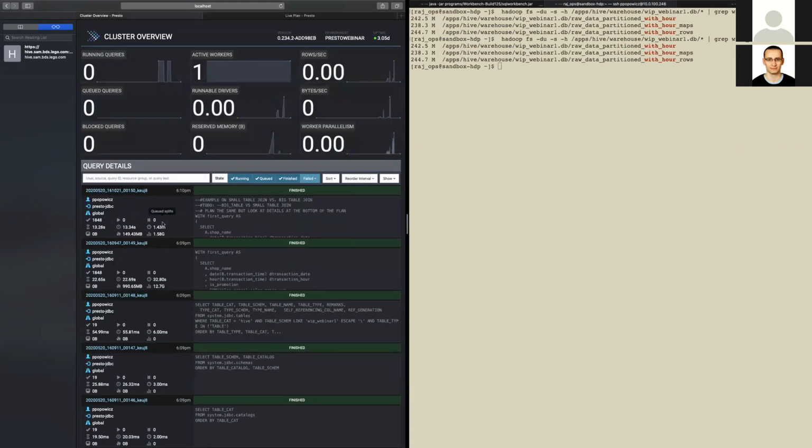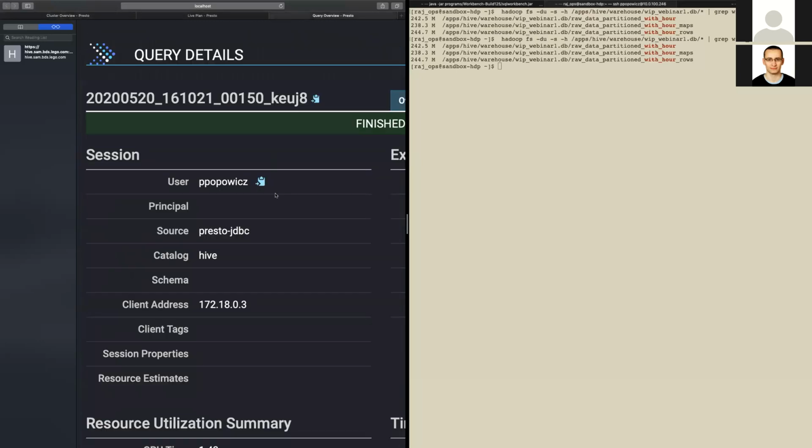Now let's see what is the result of the other query, where we basically select from the fact table and we join to that dimension table. If you look at the memory peak, it required a lot less RAM to process all the data. And if you look at the cumulative user memory, it is also significantly lower, like 10% of what was required by the wrongly, I would say, reissued query. And then if we look again at the plan,